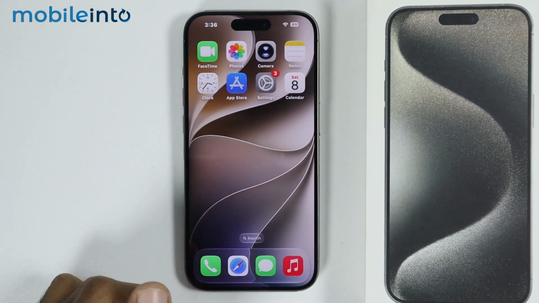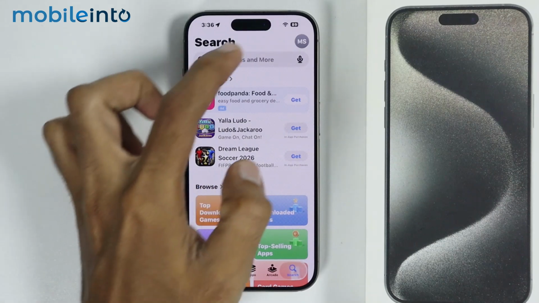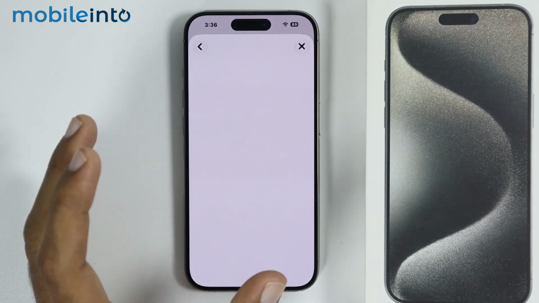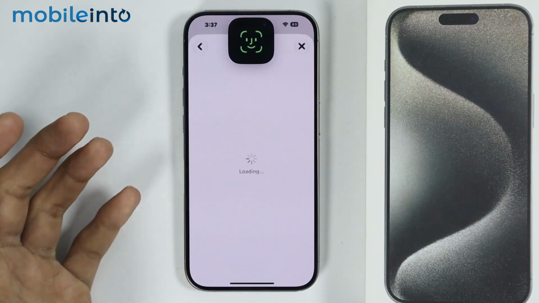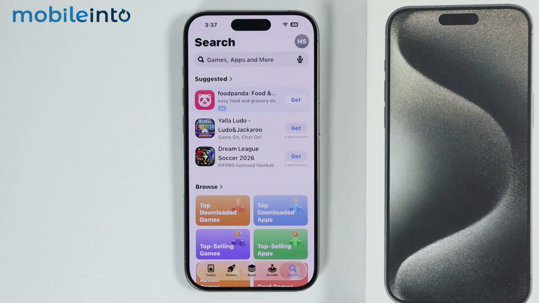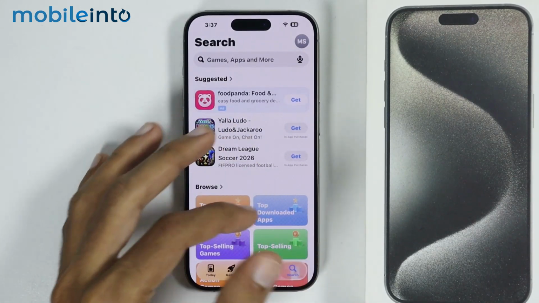After that, just go to your home screen and open the App Store. And in the App Store, just tap on your profile icon. And from here, just make sure that you're signed into your Apple ID. If you're not signed into your Apple ID, just sign in from here. Now, after you sign into your Apple ID, on the home page of the App Store, you will find these